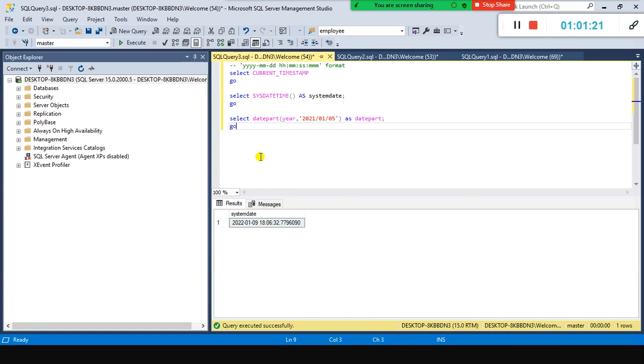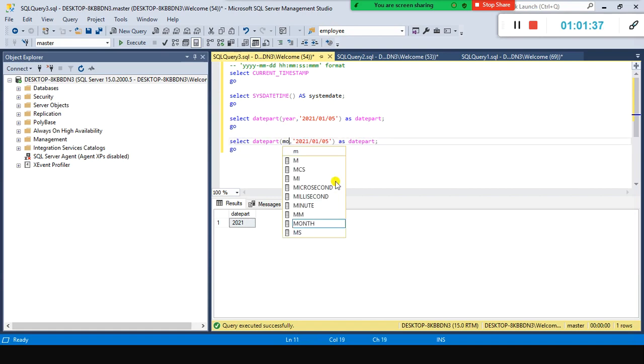So go. It gives me year. If you want to extract only the year, you can extract it from year. And also if you want to extract month alone, you can extract it from the date.